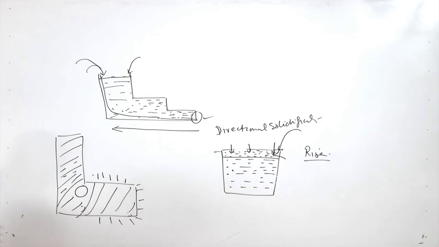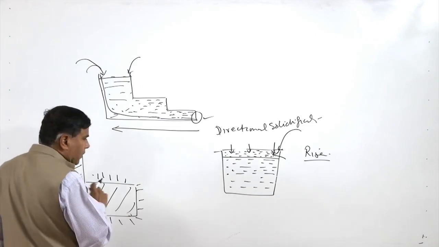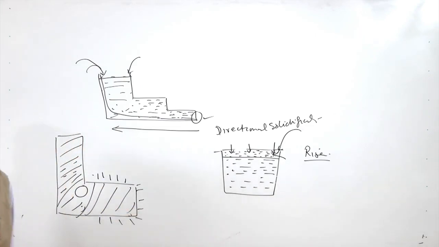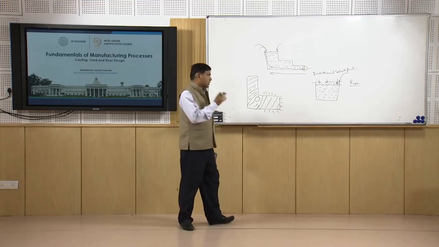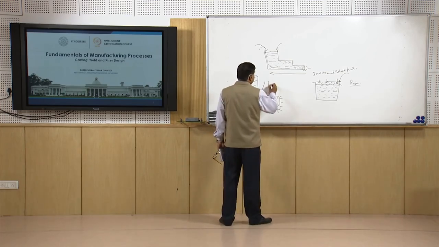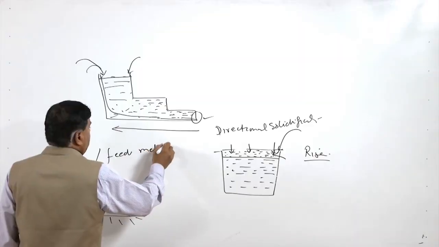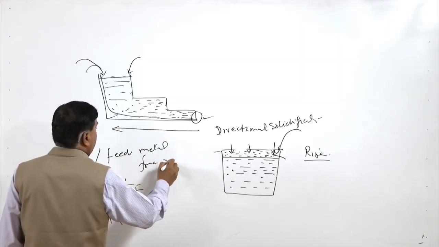So, to take care of these issues, where due to the lack of directional solidification hot spots are being formed unfavorably at such locations which cannot be corrected by feeding metal from the riser,